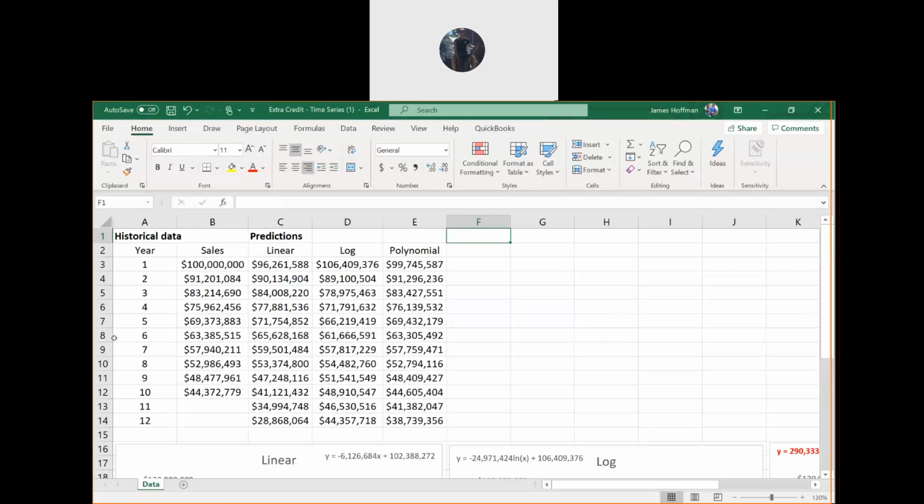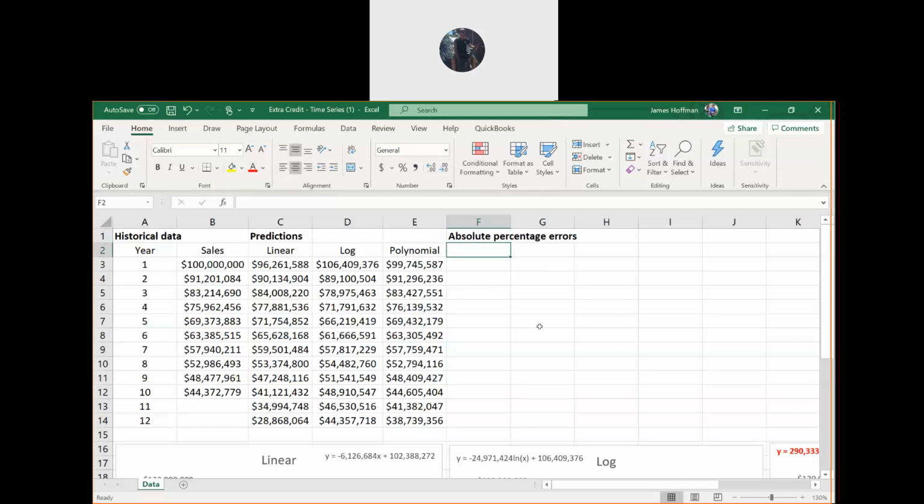All right, so let's make a title here in F1. Let's call this absolute percentage errors. All right, and we're going to need linear, log, and polynomial in F2, G2, and H2.